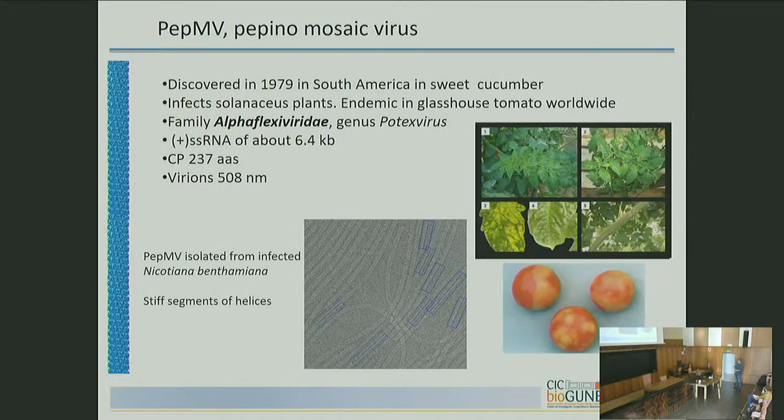So we start with the first sample, because Mikel Aranda, working in plant pathology in Murcia, said this was one of their favorite viruses. There was a problem in tomato culture in Murcia. Essentially, it belongs to the family Alphaflexiviridae. Despite first being discovered in pepino, actually the name comes from Spanish, from a sweet cucumber from Peru, it spread all over Europe and North America very rapidly.